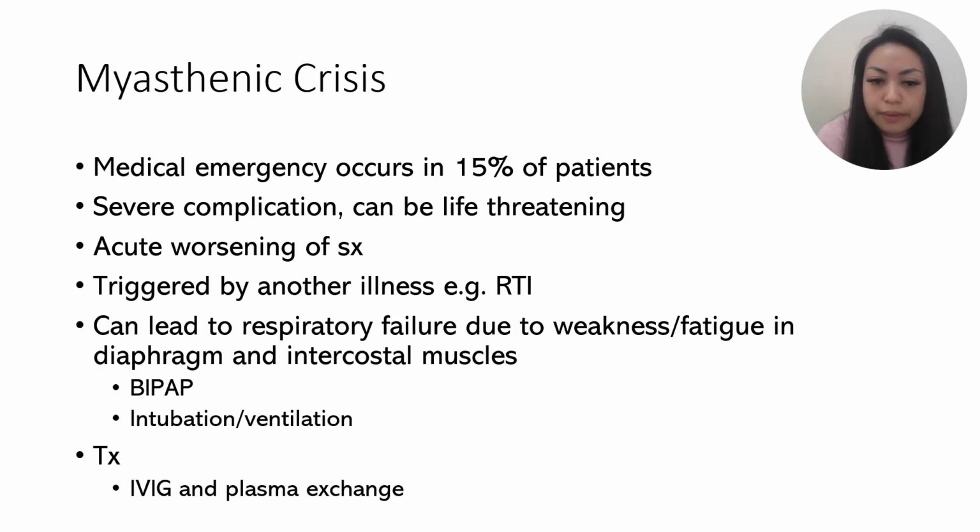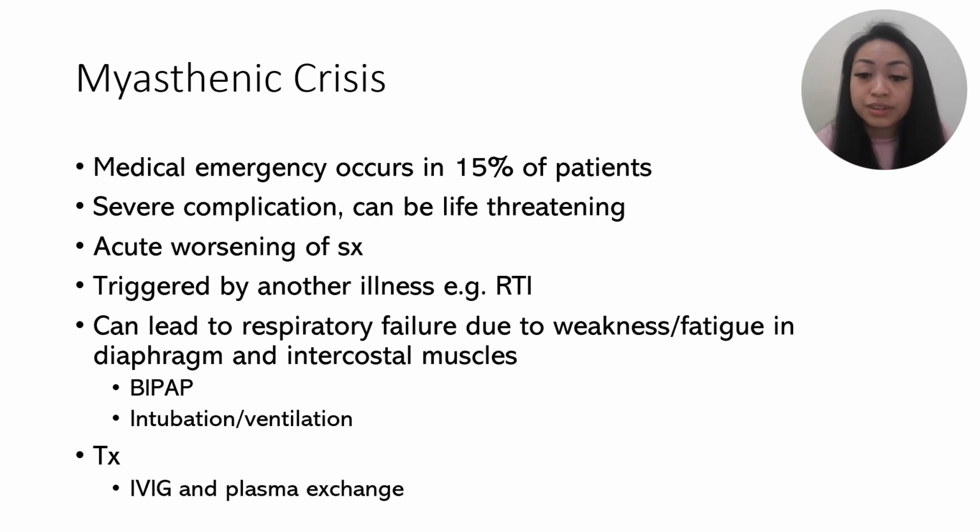Okay, so we need to talk about myasthenic crisis because this is a medical emergency that happens in 15% of patients with myasthenia gravis. So myasthenic crisis is a severe complication of myasthenia gravis and can be life-threatening. With myasthenic crisis, there is an acute worsening of the symptoms that they're already experiencing, like the diplopia because of the tiredness of the ocular muscles, the ptosis of the eye because of the tiredness of the eyelid muscles, tiredness of the facial muscles, of the swallowing muscles, of the tongue, slurring the speech, and